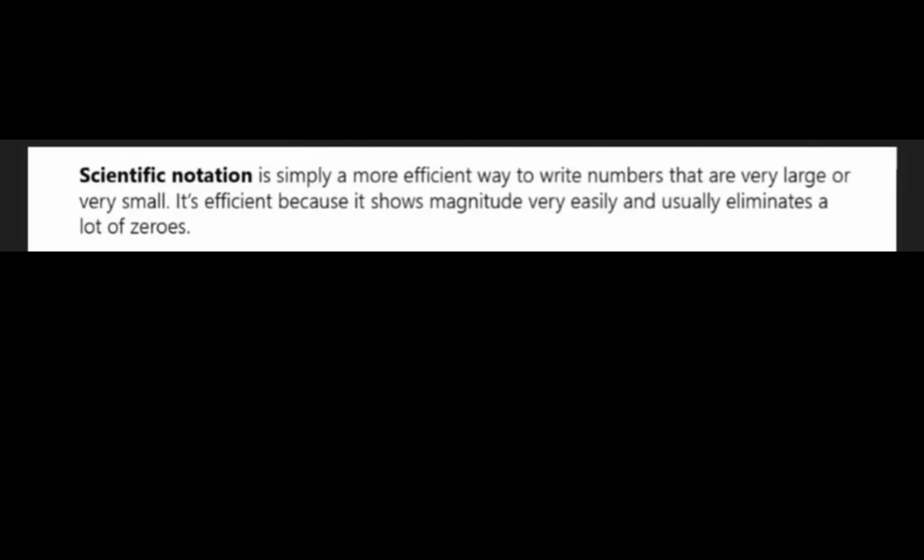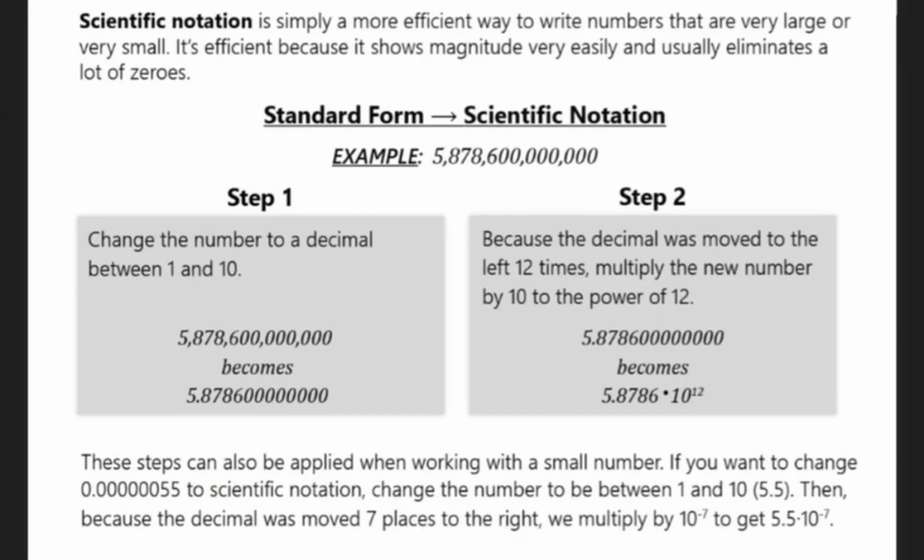So, what is scientific notation? Scientific notation is the shortened version of very large or small numbers. They usually eliminate a lot of zeros. So let's look at this example. So it says